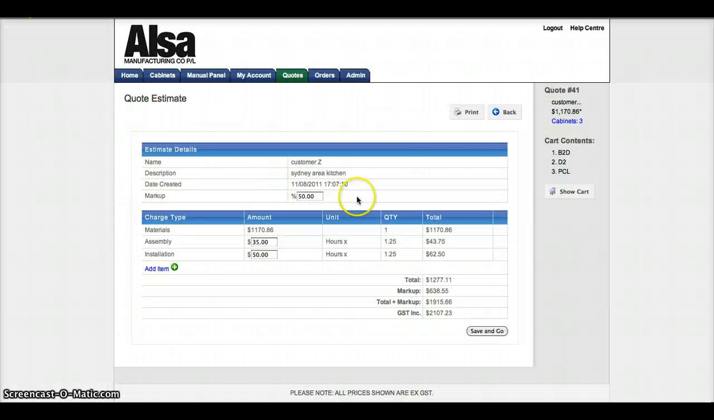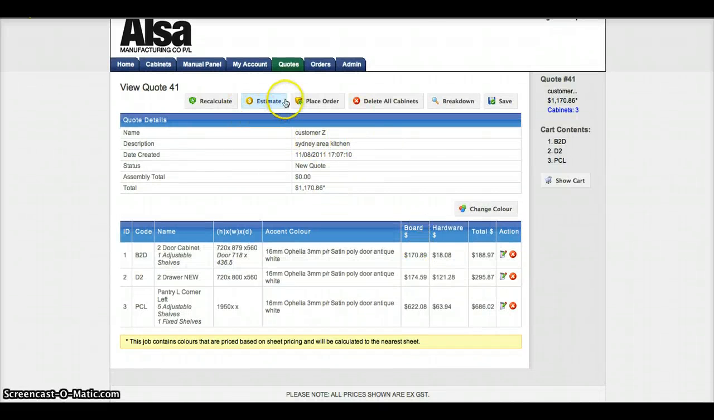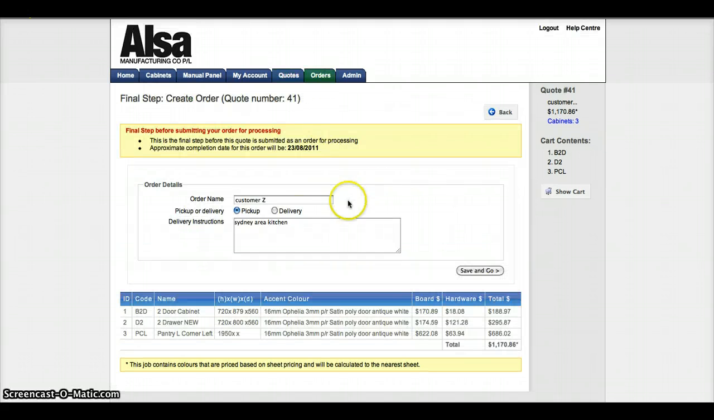Or we go back and click back, and now we can change the color if we like over here, and recalculate, get a new price, or we place the order. We have a choice of pickup or delivery. If you choose delivery, put in a delivery address,